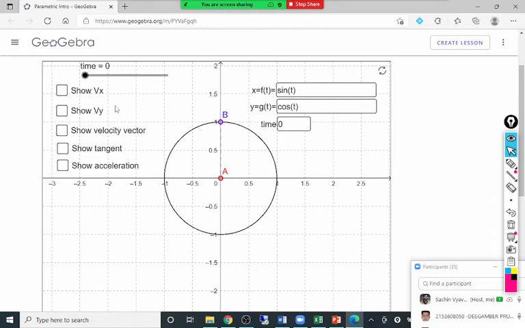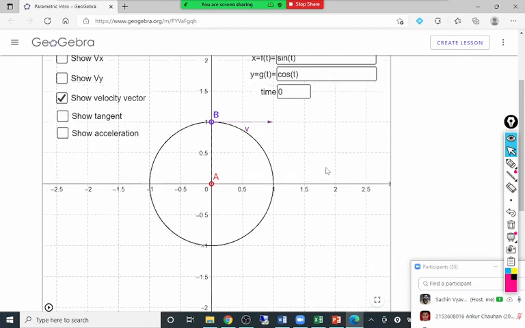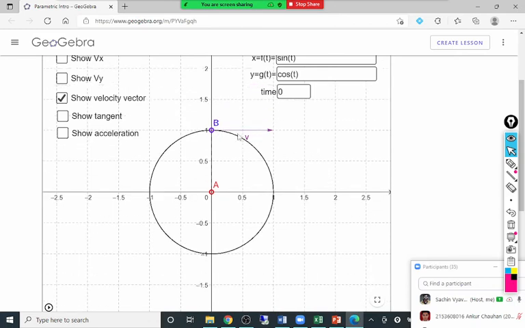Yes, sir. Okay. Now for this curve, if I want to show the velocities, right now the particle is at a point B here. This particle is at point B and it's moving clockwise. So if we want to show you the velocity at this point B, the velocity vector you can see now on the screen. The velocity is here, v bar. It is along the tangent to that curve. The tangent line is shown by a dotted line here.